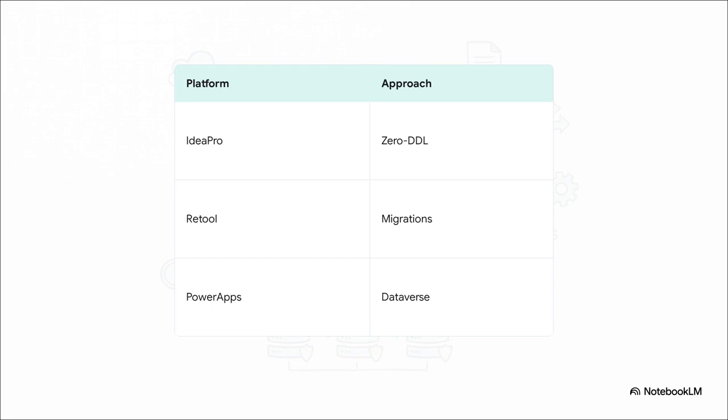Bubble is super visually intuitive, but it traps your data in a proprietary cloud and, under the hood, still requires database updates. Microsoft Power Apps? It locks you into a pretty rigid Dataverse schema. But IdeaPro? Right up there at the top, boasts true zero DDL deployment through its universal schema. It basically gives you the visual ease of Bubble, but paired with the enterprise-grade stability and local deployment capabilities you